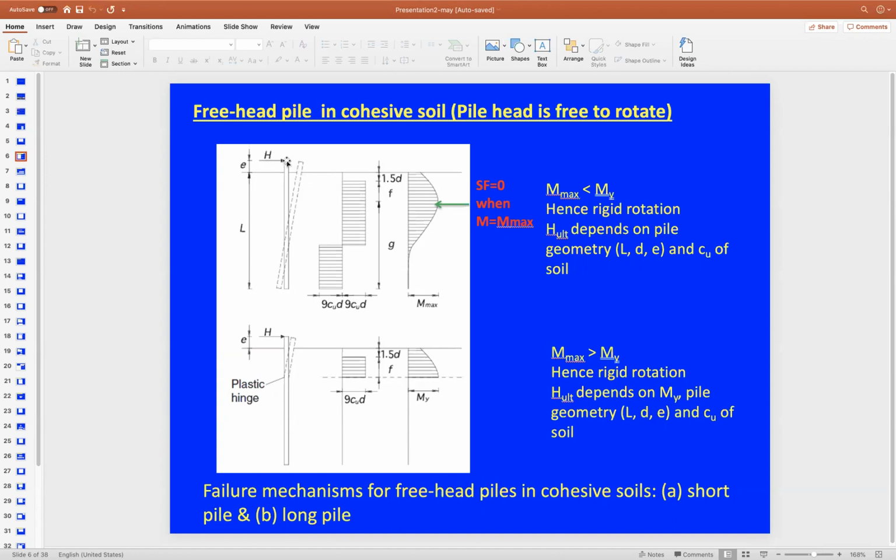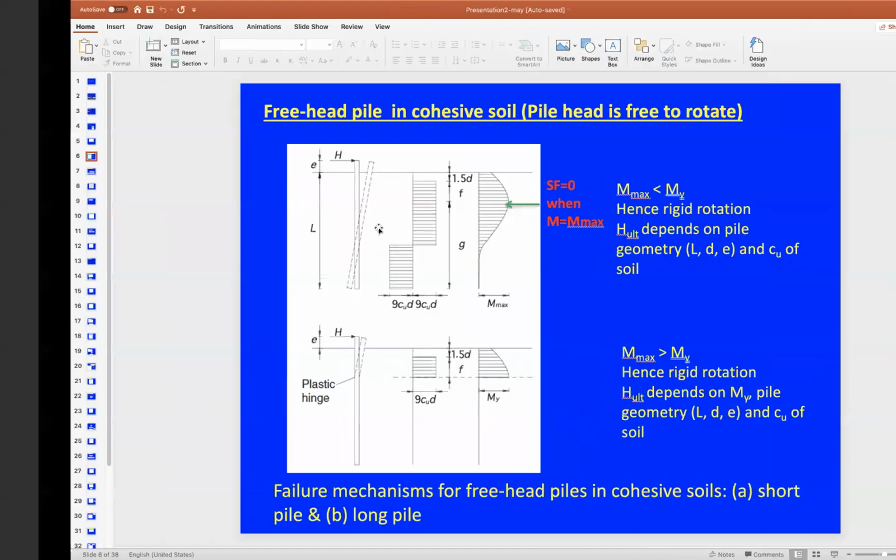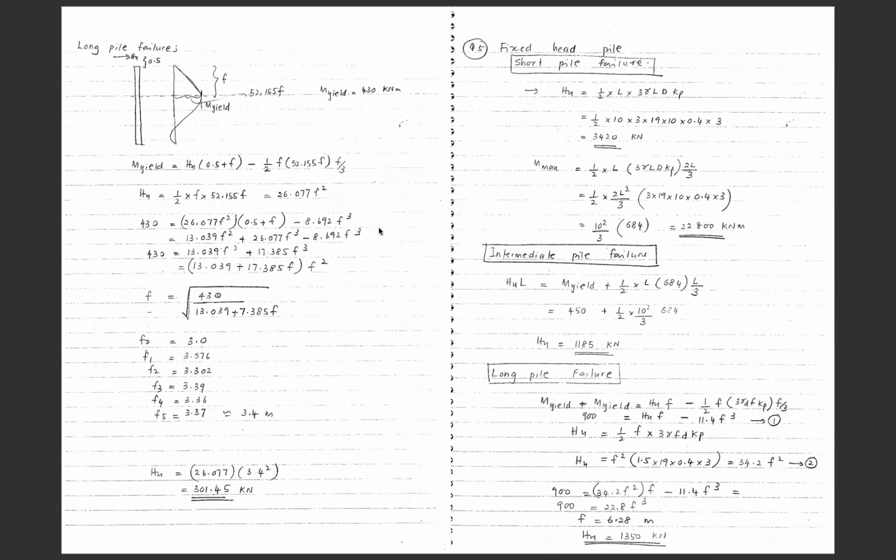2 equations, one coming from the sum of the horizontal forces, and the sum of the horizontal forces should be 0 on the systems. And by taking the moments at certain point on the system as well, either the rotational point or any other points. So you will have an equation from the horizontal forces, and you will have another equation from the moments in the problem. Okay, so if we proceed with the solution here,